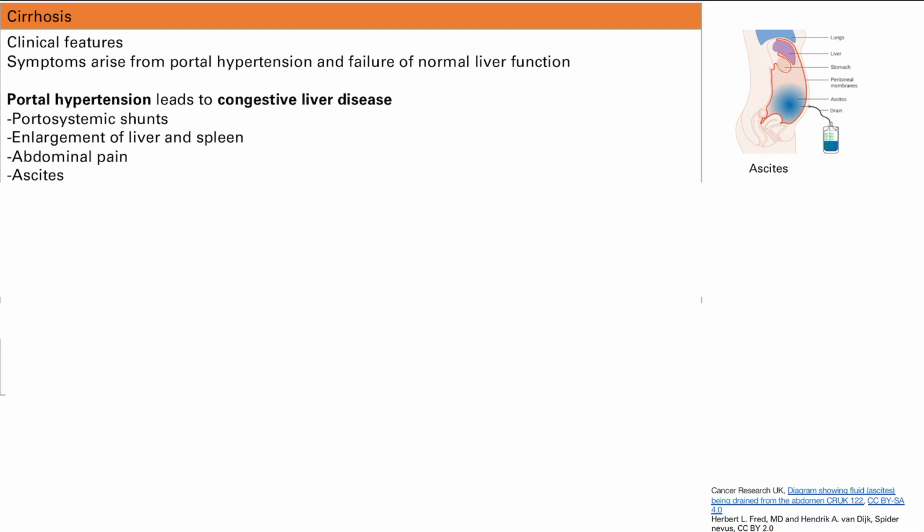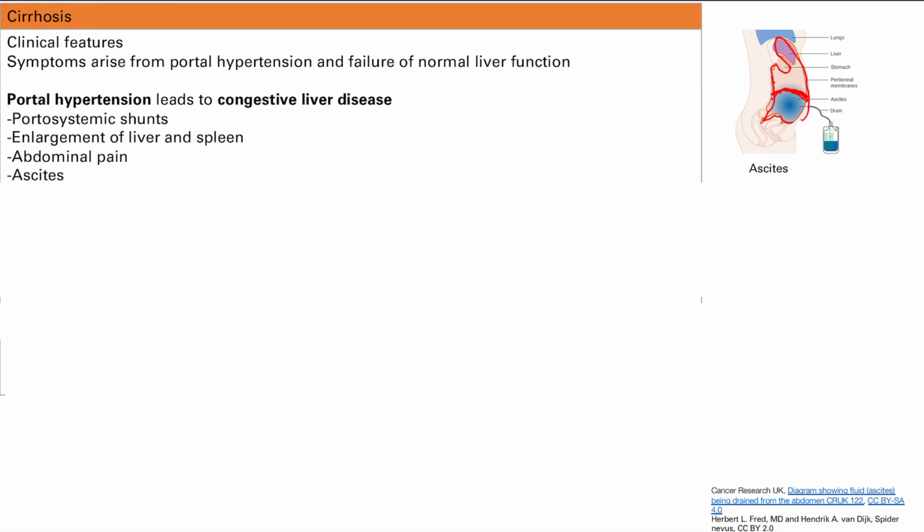And you have ascites. Ascites is buildup of fluid in the peritoneal space. So you have all these congested vessels around the liver, and so fluid's going to come out. Remember, this peritoneum is this whole sac. So fluid's going to come out of those vessels, and it's just going to hang out in this sac, and it's going to cause something called ascites. You see that this basically is a pool of fluid in your peritoneal sac.